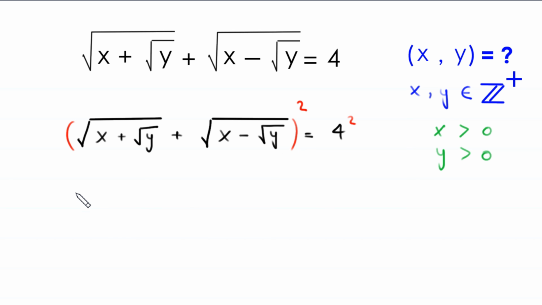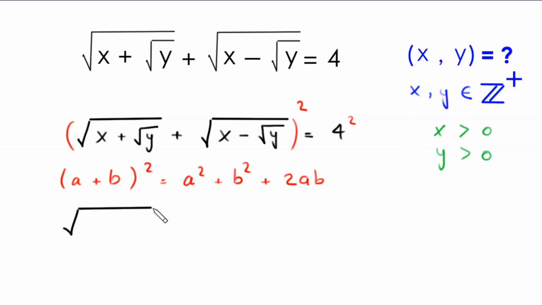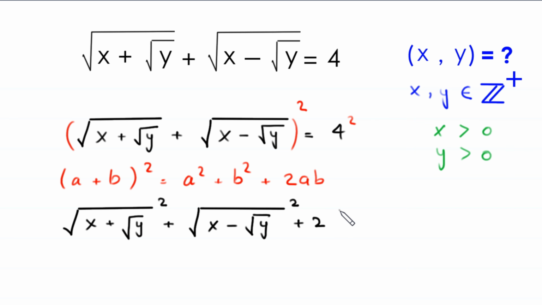By using this algebraic identity, a plus b whole squared equal to a squared plus b squared plus 2ab, this left hand side will become square root of x plus root y squared plus the square root of x minus root y squared plus 2 times the square root of